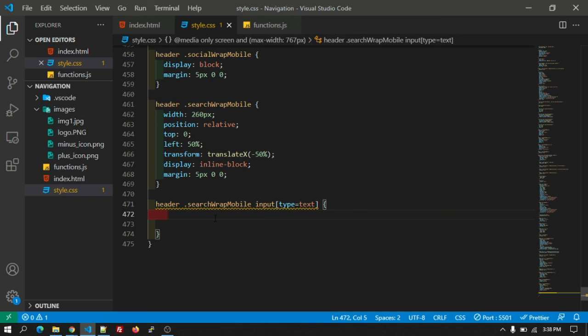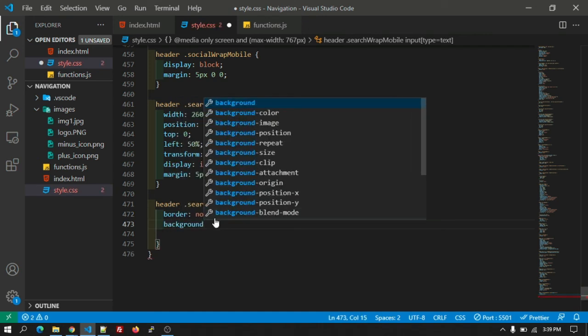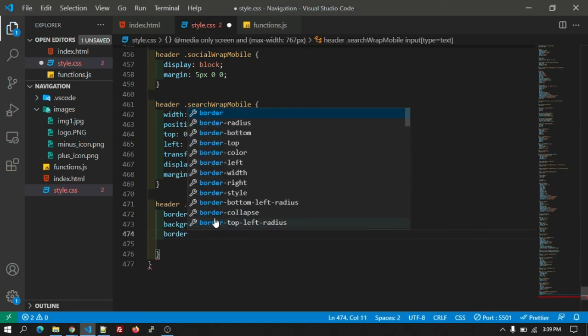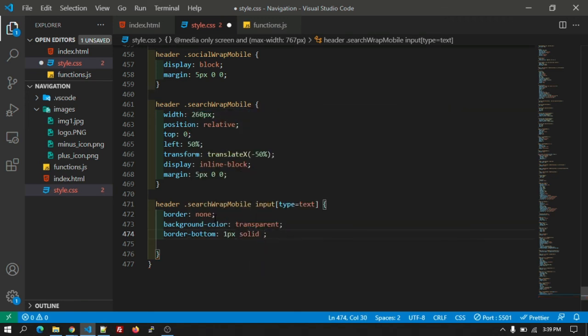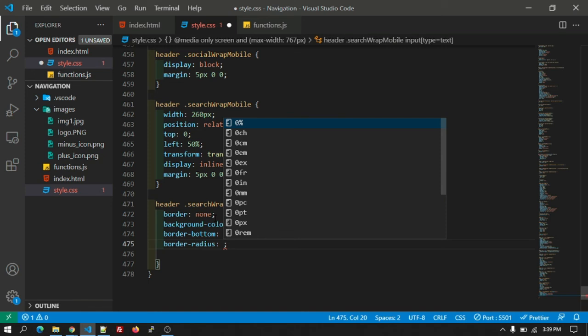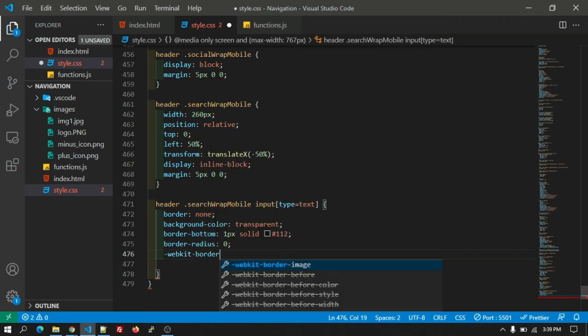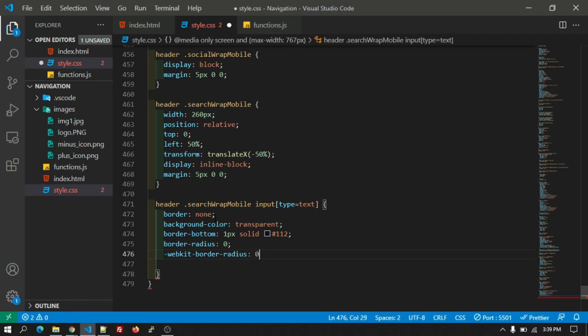For the border it will be none, the background color is transparent, and the border bottom 1 pixel solid #112, the border radius will be 0, and the WebKit border radius is 0, and after that padding will be 0, width 190 pixel, and float left.